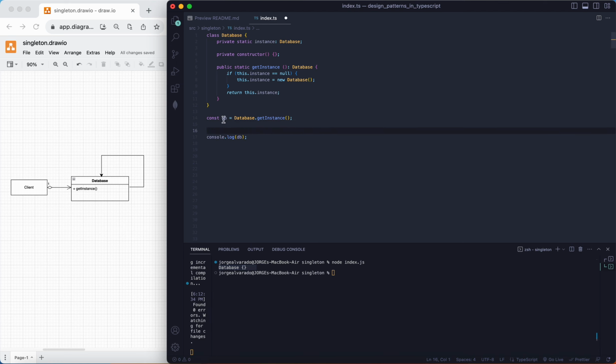But remember that the purpose of a singleton is to ensure that we have only one instance of this database class. So what if I was to go ahead and duplicate this, and I'm going to call the first one db1 and the second one db2, and I'm going to check if they're equal. So I'm going to say, is db1 equal to db2? I'm going to run this code, and it says true. Why? Because